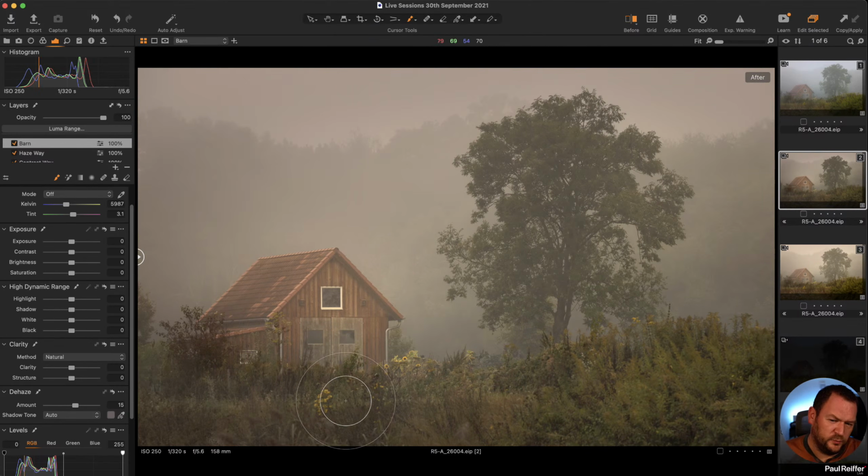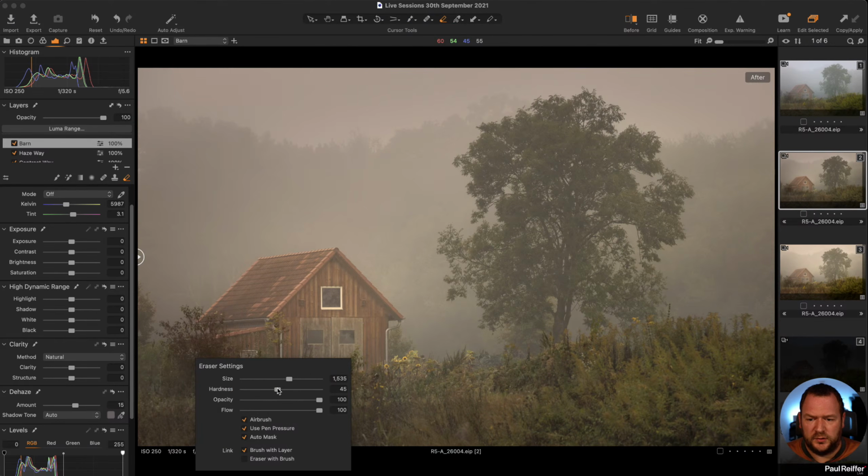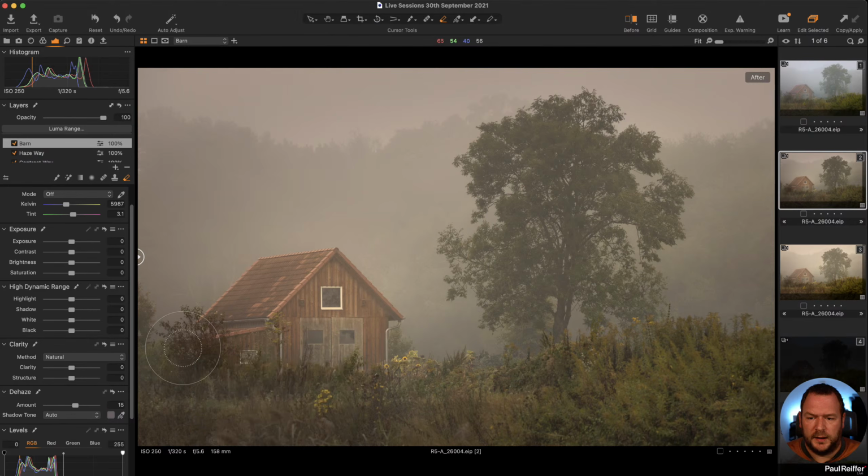Now, you'll see, because I was rough, we've got some edges out here we might not want. Let's just use a really, really soft erase. And we're just going to pull these away. But more importantly, that's probably a bit too much in one go,